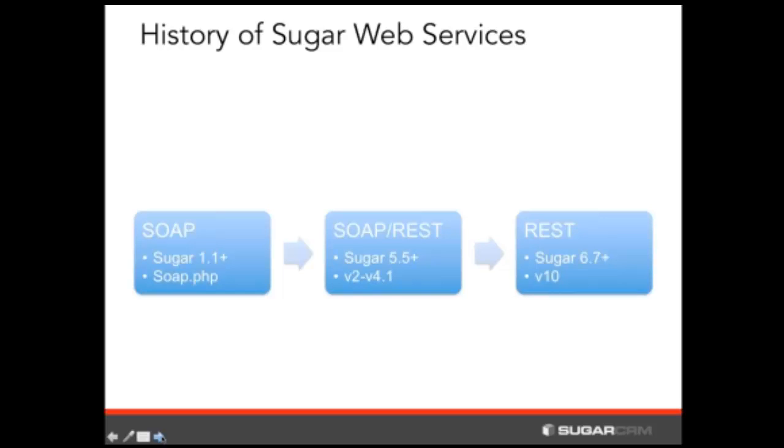with Sugar 5.5, and so Sugar 5.5 was a release in late 2009. That's when we came out with the new SOAP and REST endpoints, and the V2 through V4 syntax came into play there, with the idea that they would be extensible, but also the SOAP and REST calls all mirrored each other. And now we've evolved further, where before, the SOAP was